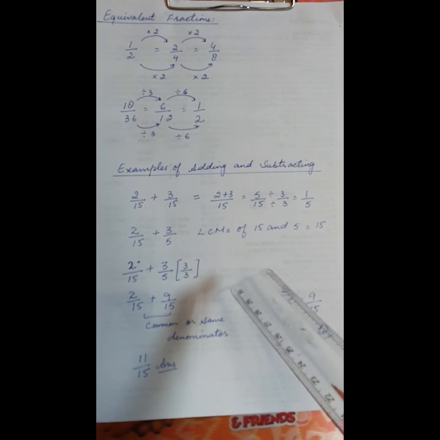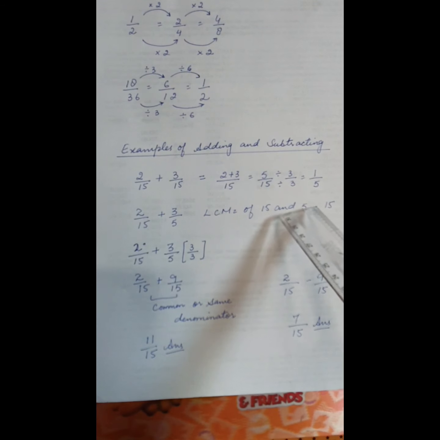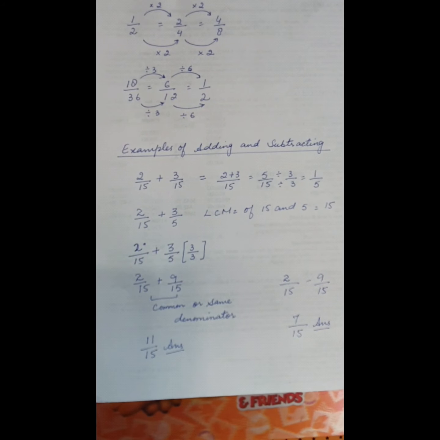Now, for an example, add fractions with different denominators. That is 2 by 15 plus 3 by 5. You can see different denominators here. The first fraction has 15 as its denominator and the second fraction has 5 as its denominator. So first, we have to find the LCM of 15 and 5. So the LCM of 15 and 5